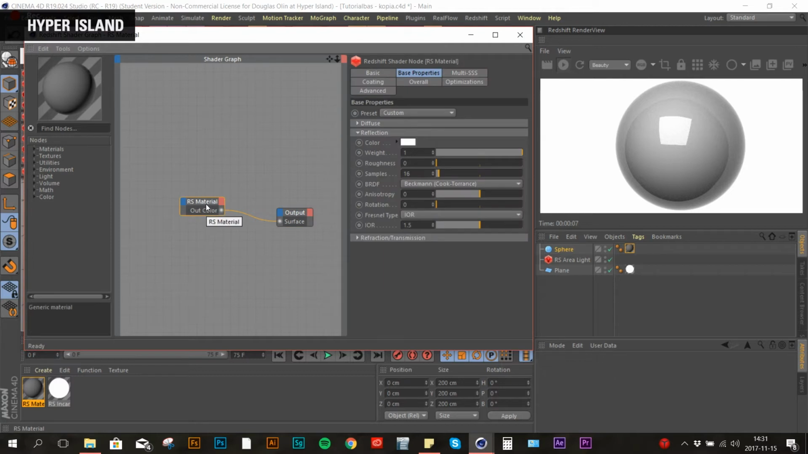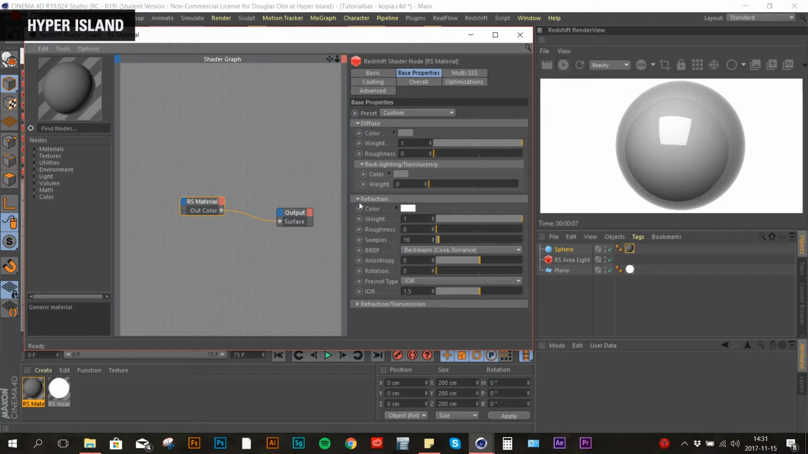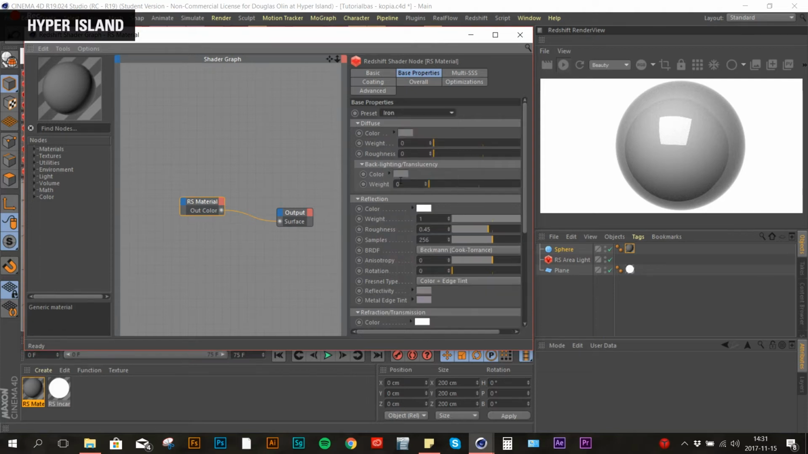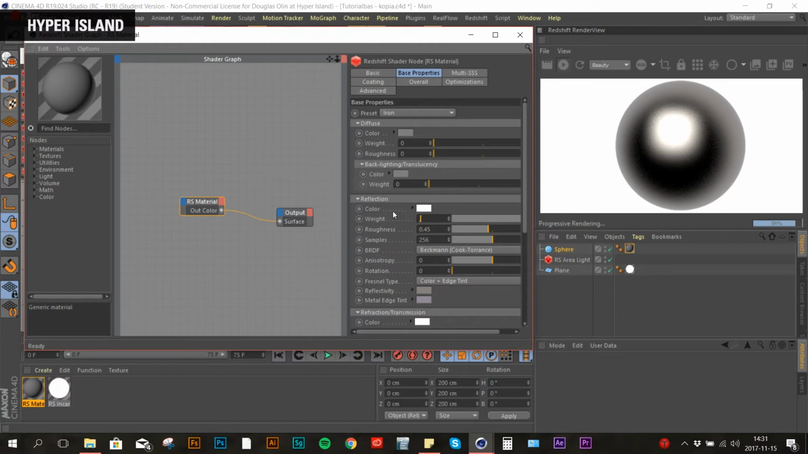And when you click the material node, you have the exact same options as we previously looked at, with the color, diffuse, reflection, and what have you. Right now, I want to have this really reflective material, so let's just choose the iron preset under base properties here. I think it's a bit too shiny, so maybe reduce the weight of the reflection to 0.8,